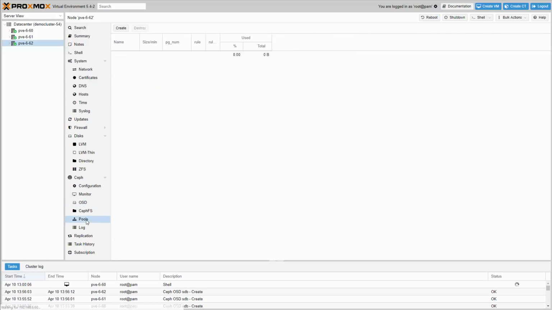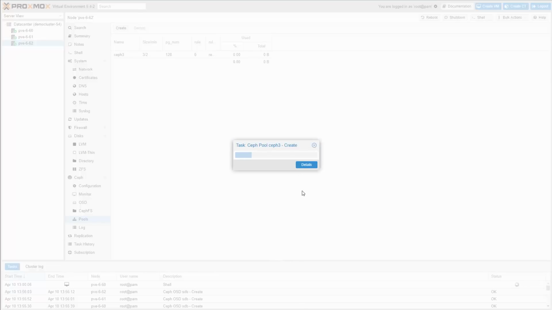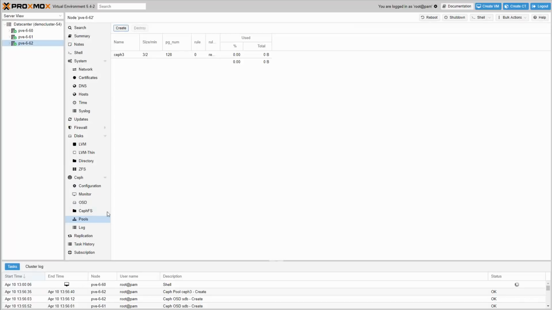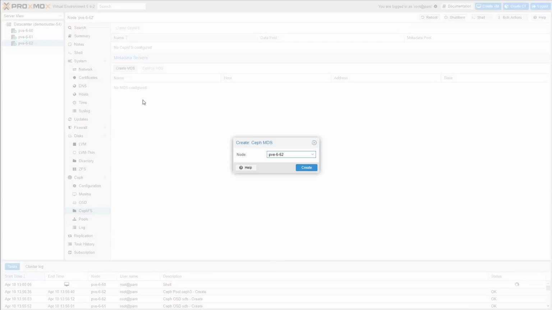Finally, you can create a Ceph pool for your VM and your container images. As an option, you can add CephFS storage as well.